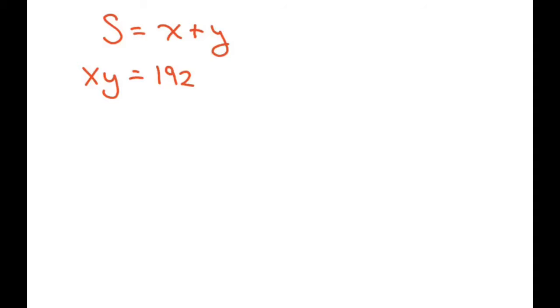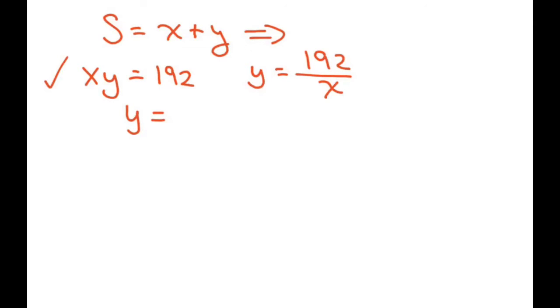So I'm going to do substitution and let s equal x plus y. Let me erase this right quick. What I'm going to do is solve for y in my secondary equation and write y equals 192 over x. So therefore, using substitution, we get s equals x plus